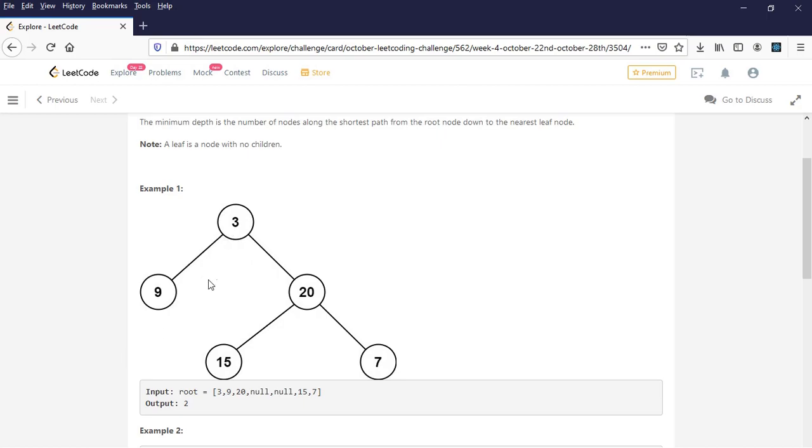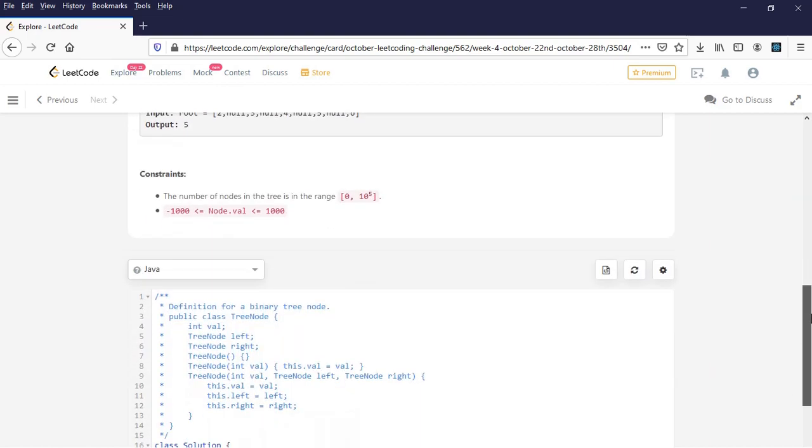Whereas if you are using breadth first search, we can go over all the children in that level, and as soon as we find a node which has no left or right child, we can break at that point. So breadth first search will be more optimal. Even though in the worst case both have a time complexity of O(n), in real life scenarios breadth first search will be more optimal in such cases. So let's use breadth first search to solve this problem.